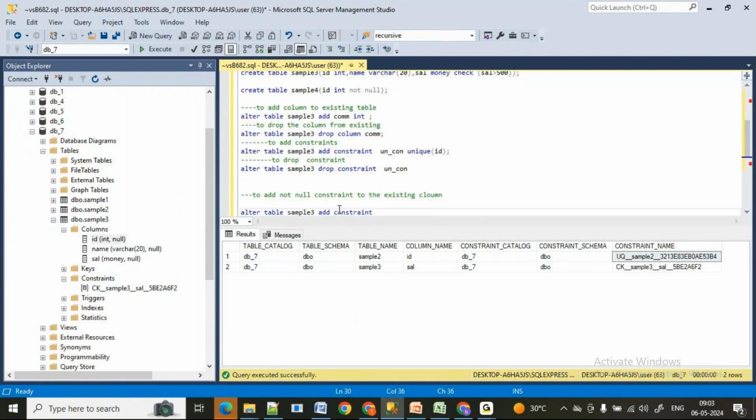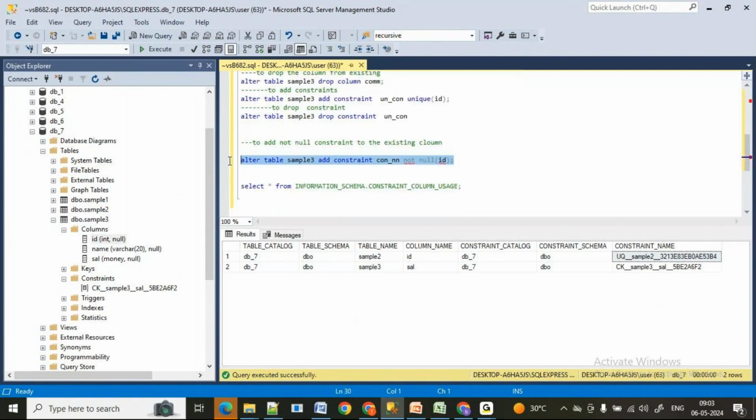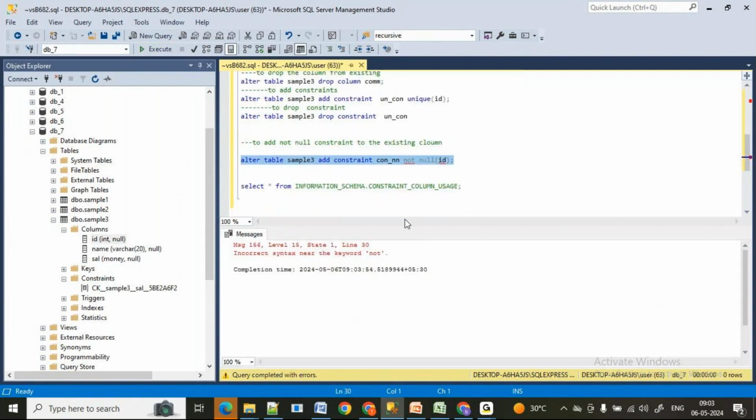Let me take some name, C1 underscore NN, not null of ID. This is how we just saw, correct? Incorrect syntax near the keyword not.